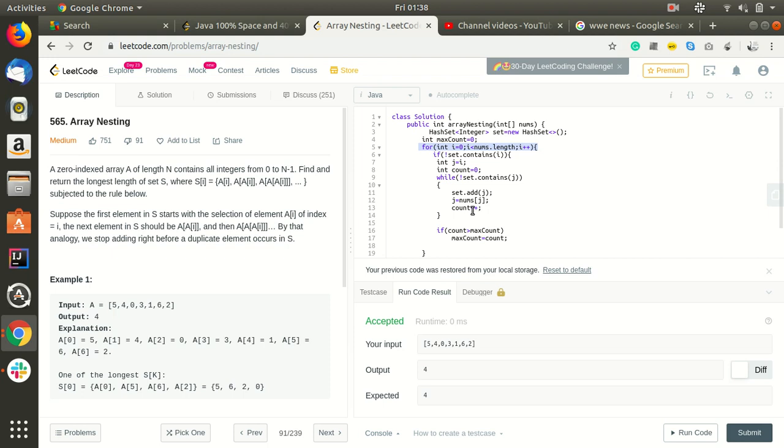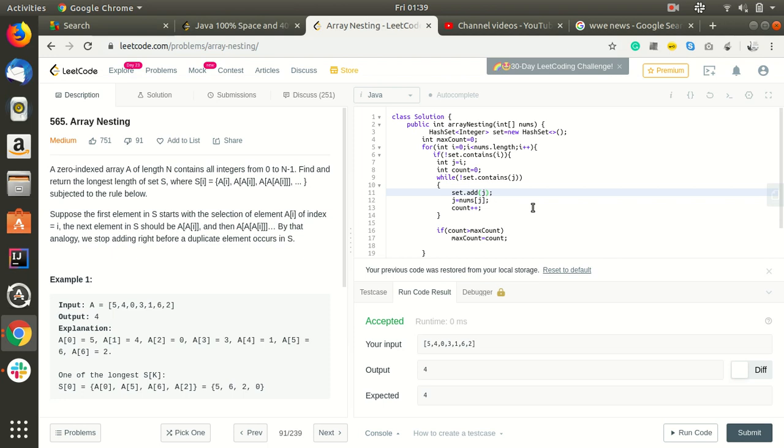So again for 1, it will make j equal to 1, and 1 is already visited, so the count will be 2, and it will check whether count is greater than 4. 2 is greater than 4, no, so it will not set. In this way it will iterate over all the indexes which are not visited yet, and if we get a duplicate, then it will terminate.